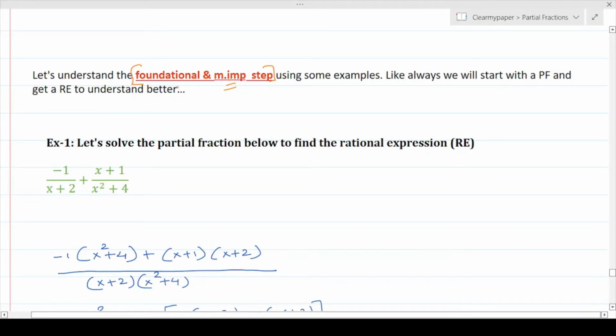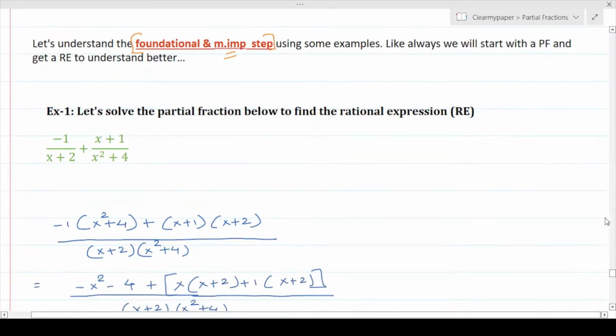So likewise for type 3, we have done the same for type 1 and type 2. Likewise for type 3, let's get some intuition on what exactly is the first step and how do we think about that, and then let's get started. So to do that, like we did in the other types, what we will do is we will do the